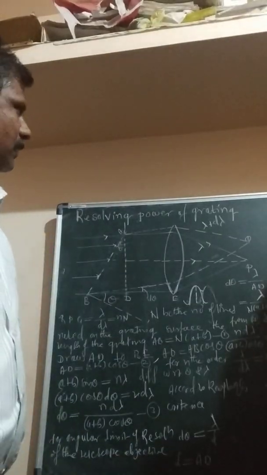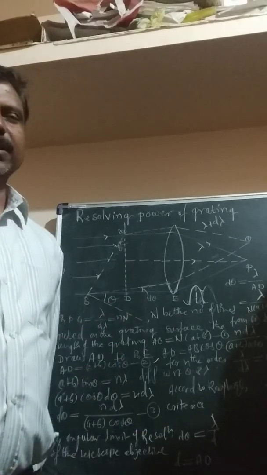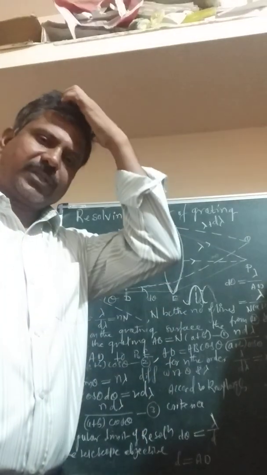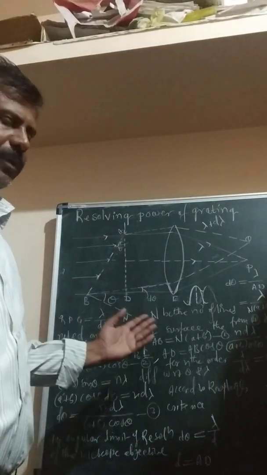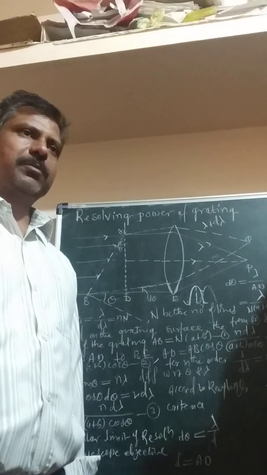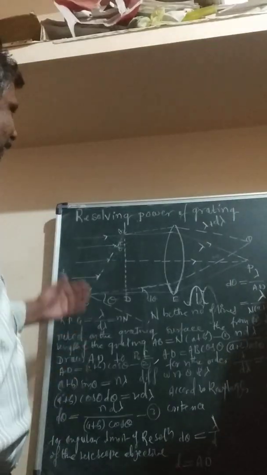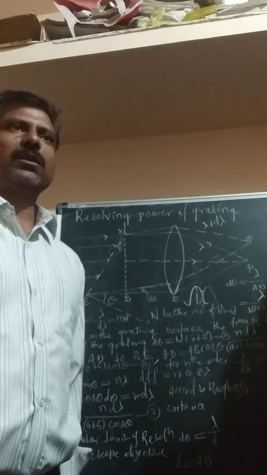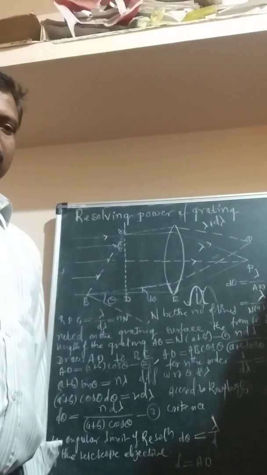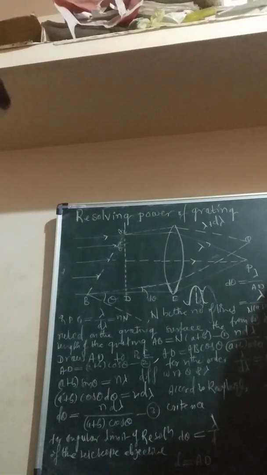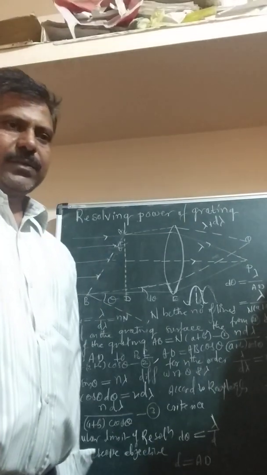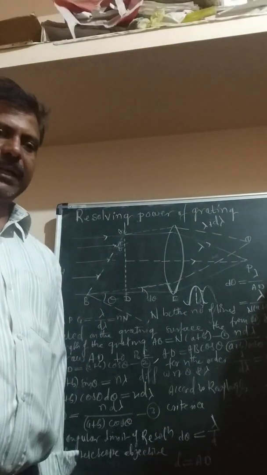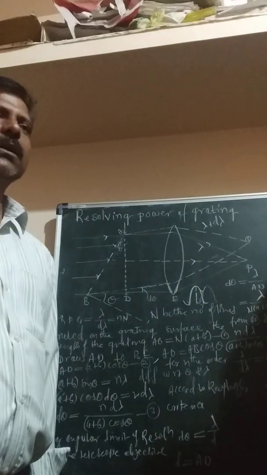Each optical instrument has its own resolving power. In the previous class we discussed the dispersive power of the grating, and we discussed the resolving power of a prism. Now here, the resolving power of a grating represents